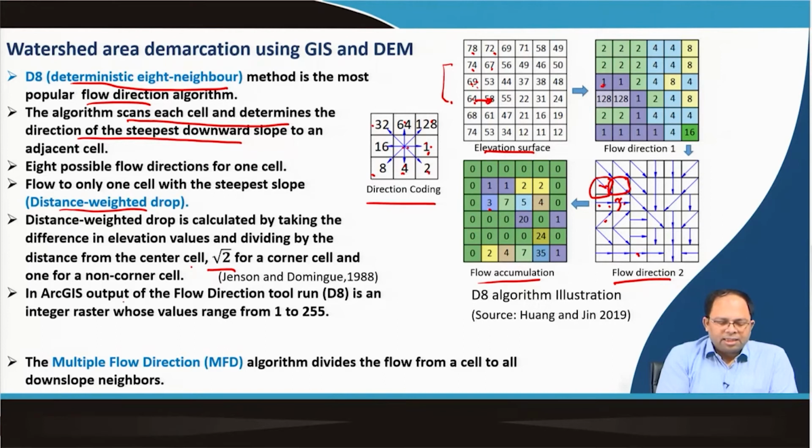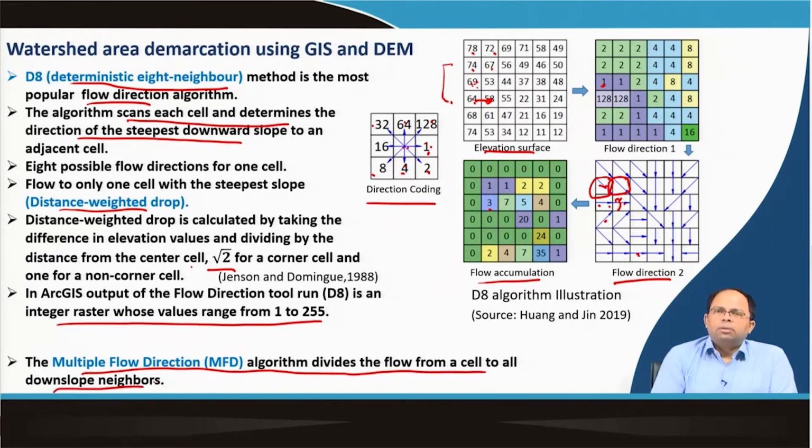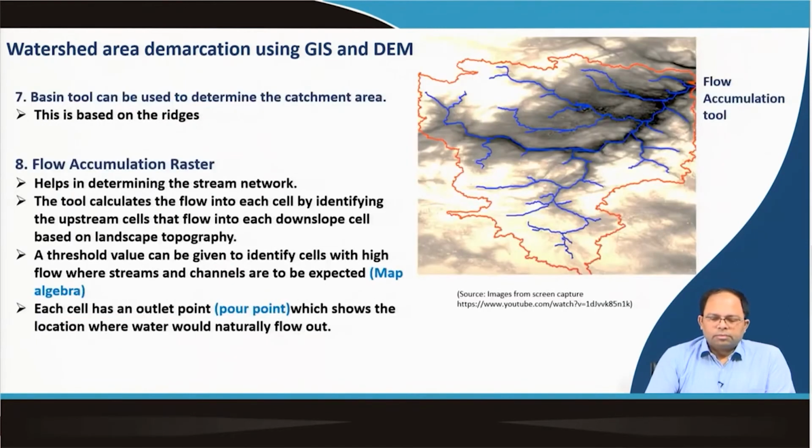So, in ArcGIS, the output of the flow direction tool D8 is an integer raster whose values range from 1 to 255. The multiple flow direction algorithm divides the flow from a cell to all downslope neighbors, and it divides the flow as per the slope. So, based on which algorithm you use, you will get different kinds of flow patterns. So, in the flow accumulation tool that I just showed in the last image,